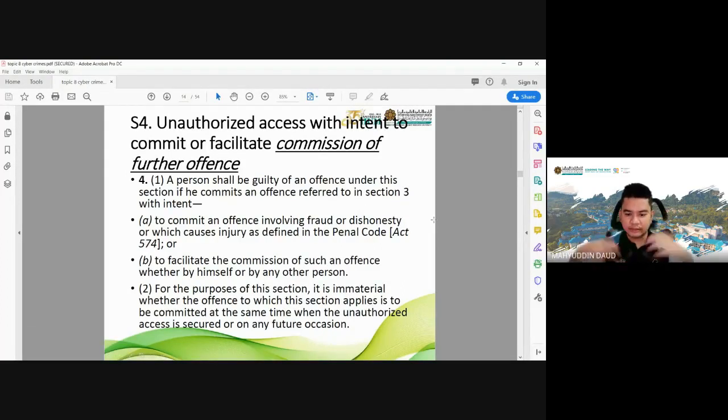Section 4 says it can be linked together. Maknanya the further offence may not occur immediately, or as soon as the Section 3 offence happens. So tak apa, maknanya if it is to be done in the future pun, it can be linked